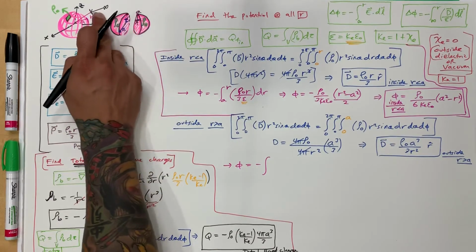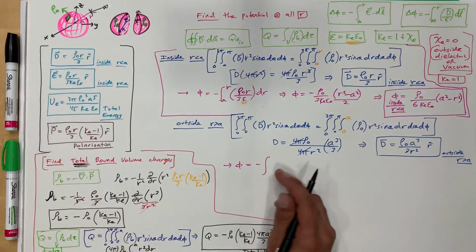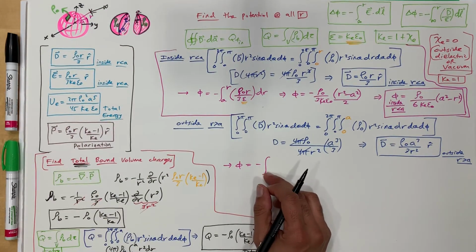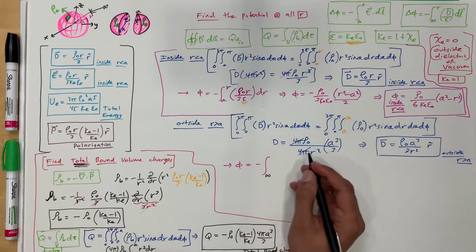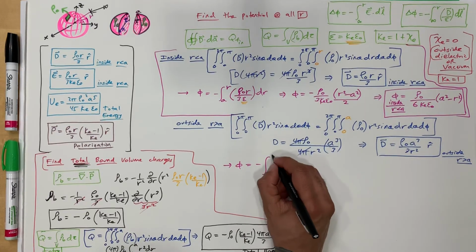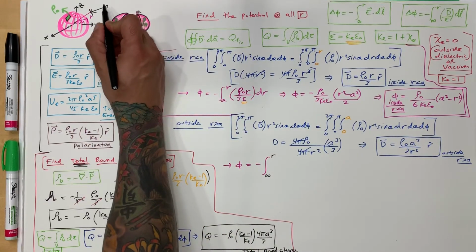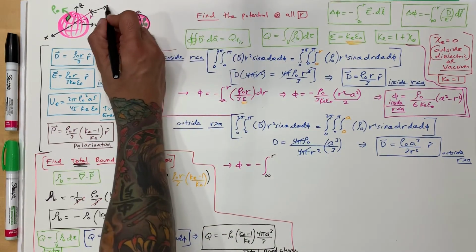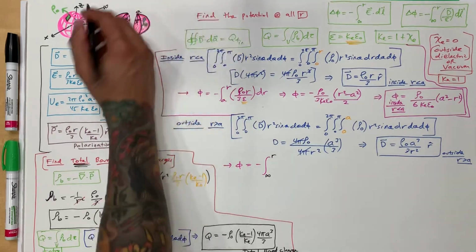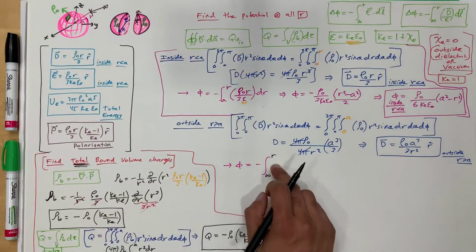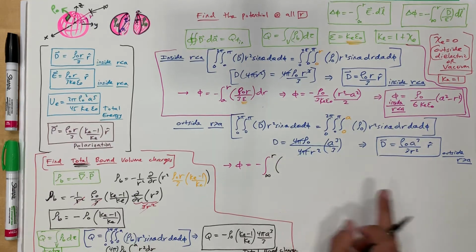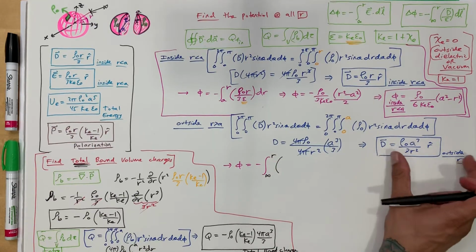That's what we're integrating over. So our integral is going to look like this: infinity, and then the final position is r. We started all the way out here at some initial infinity value, and then we came in towards r. Okay, and then we're going to write our electric displacement for the outside,